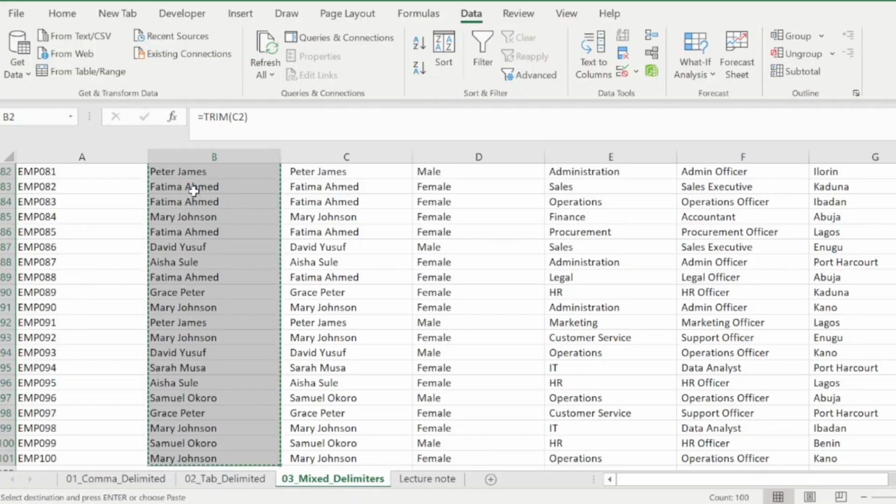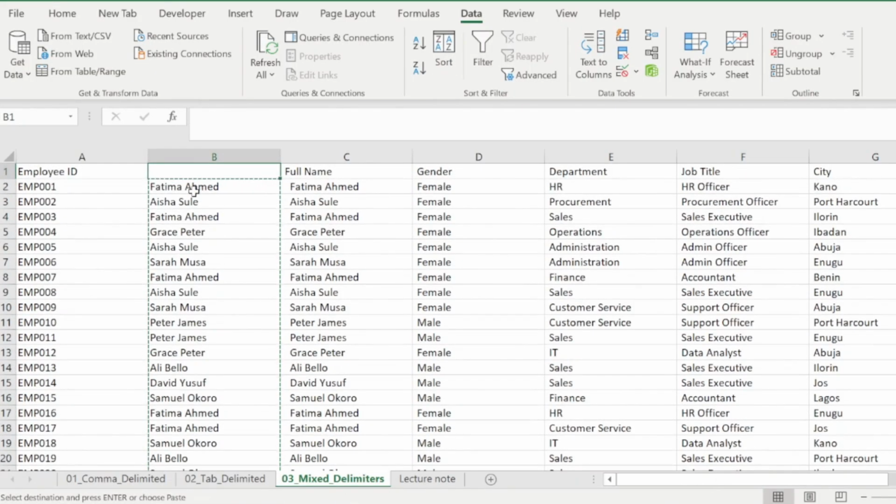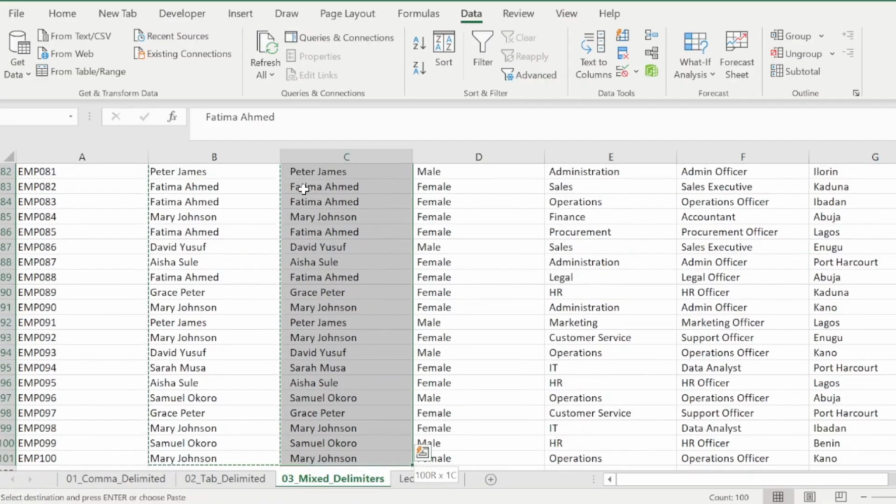That is, you copy. So what I just did now, I hold my Control, then Shift, then the arrow button to highlight all the column. Then still holding Control, I press C. That is, I copy the values. We notice that it is cycling, that is, it has copied all the entries. Then you go to your full name column, you hold Control, Shift, then the down arrow button. Now I've highlighted